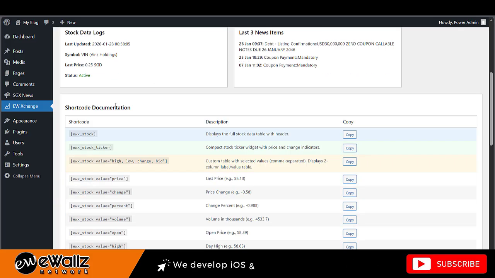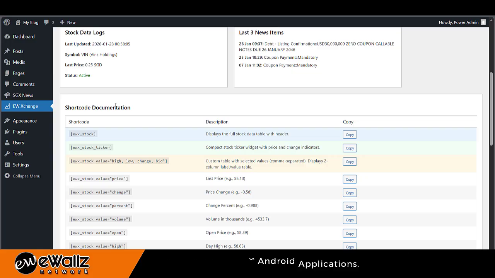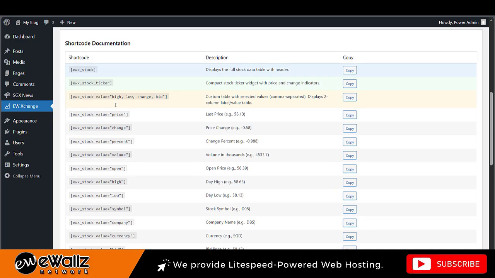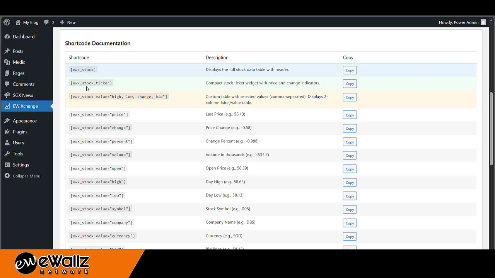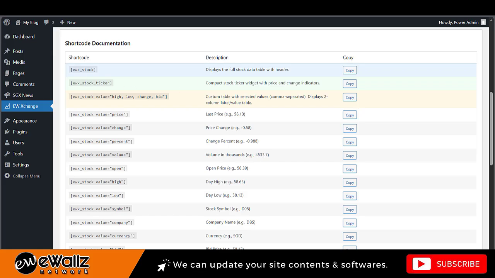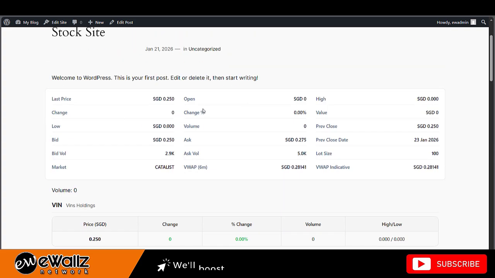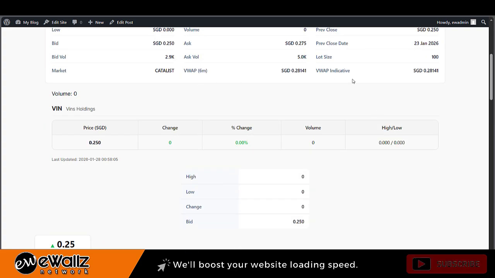After that, we have some shortcodes that we created to display each of the stock market values. This one is a table shortcode to display a table like this, a three-column table.